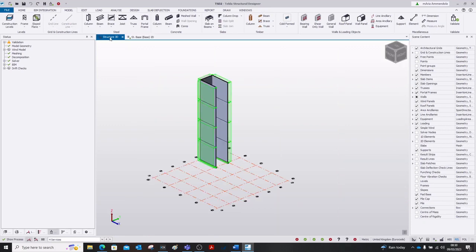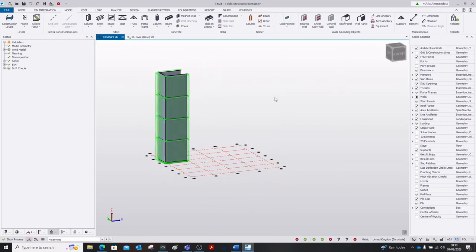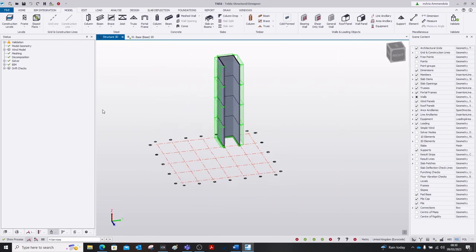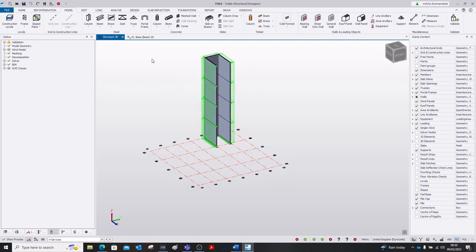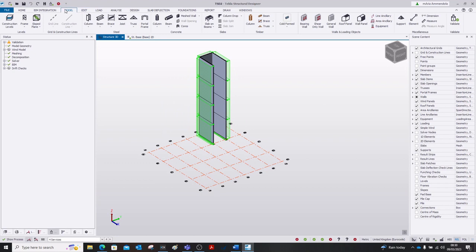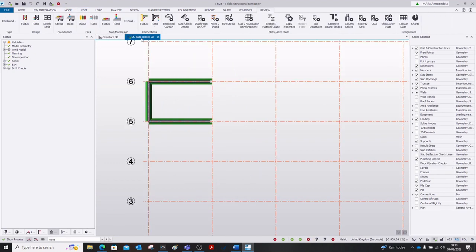Guten Morgen. Today we're gonna have a look at walls, concrete walls. First, I already built a core, but I won't build one with you to show you how to do it. If we jump on plan view, we have a